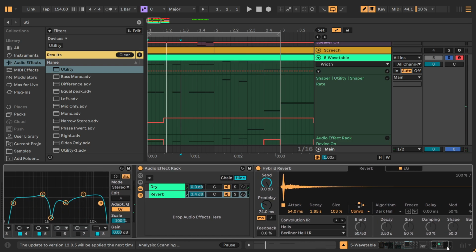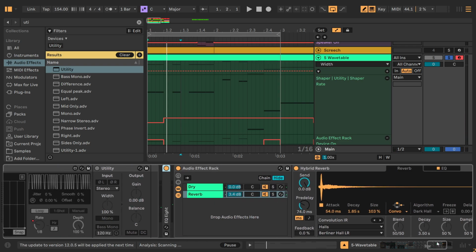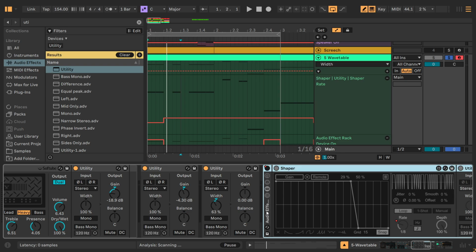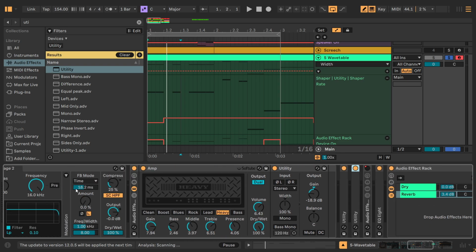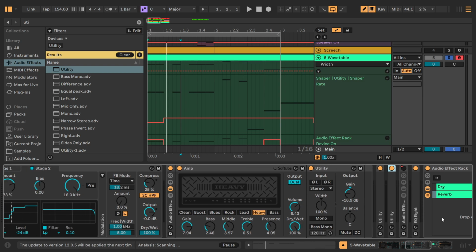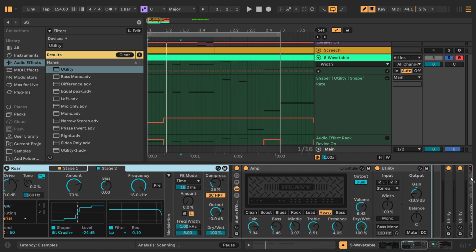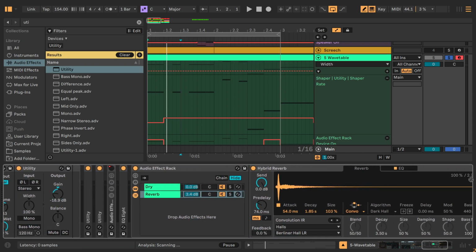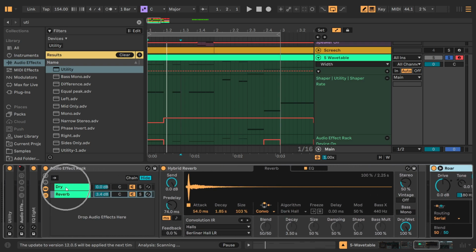At last, if I would like to make this screech even more distorted, I can think of changing the effects order. Because now all the distortion effects are before the reverb effect, which means that only the dry screech sound is going to get distorted. But if I add the Roar effect after the audio effect track, I'm going to at the same time distort both the dry screech sound and the reverb,